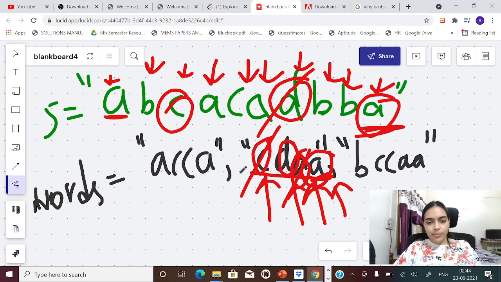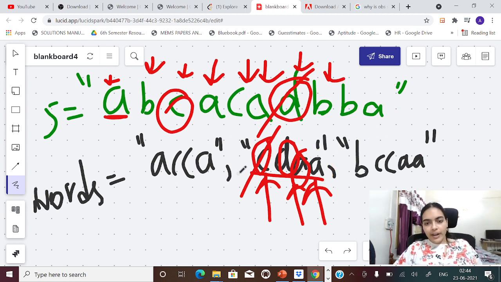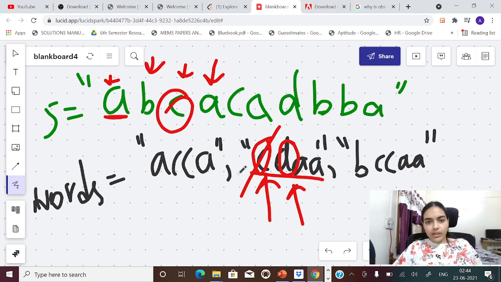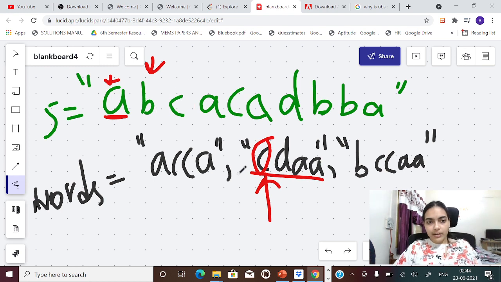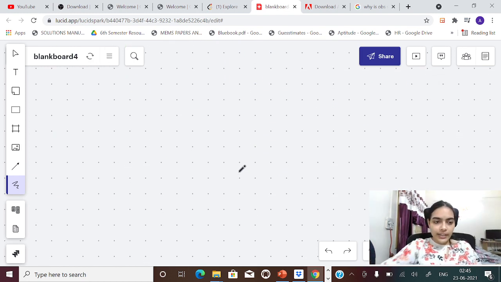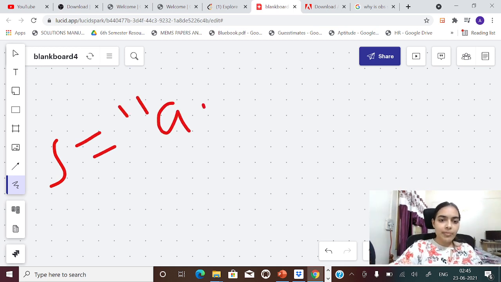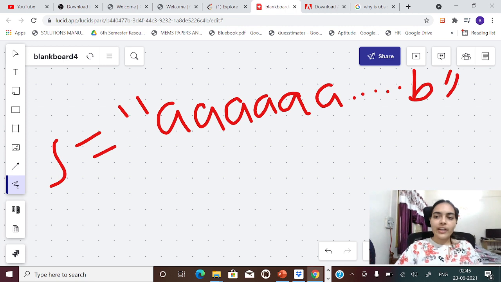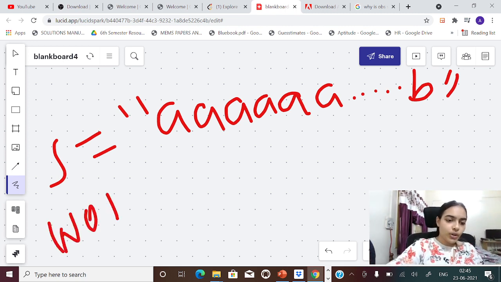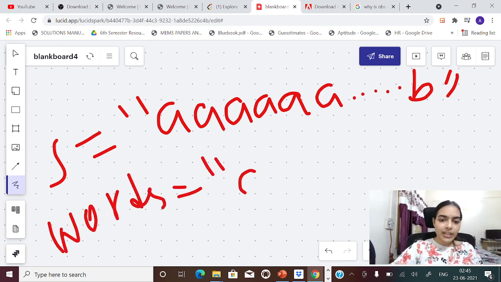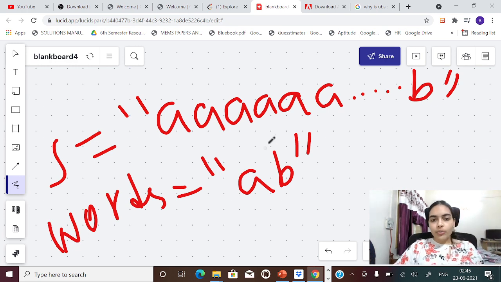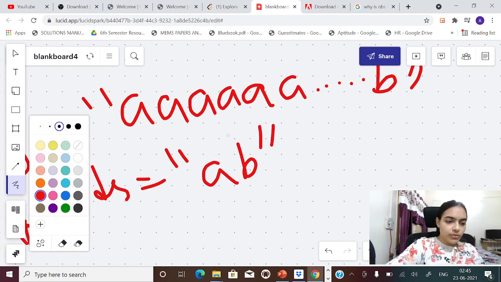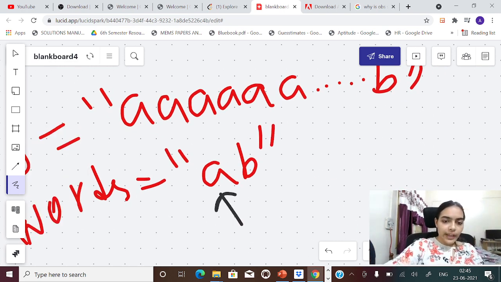But what is the problem in brute force approach? Let's try to discuss that. So the brute force approach will pose a lot of problems, and that is the time limit problem. Let's take a simple example. Suppose your S is something like A, okay, some very big string, and in the end you have B. And suppose in the words you have something like AB, right? So in the brute force approach, you will have a small pointer for A and a big pointer for A. You have found A, very good.